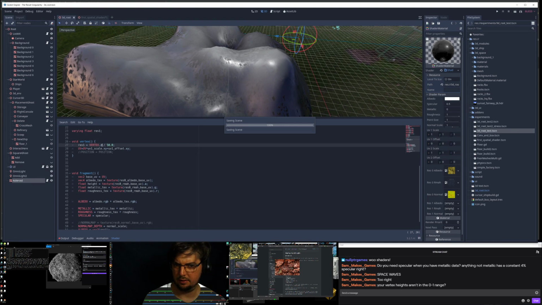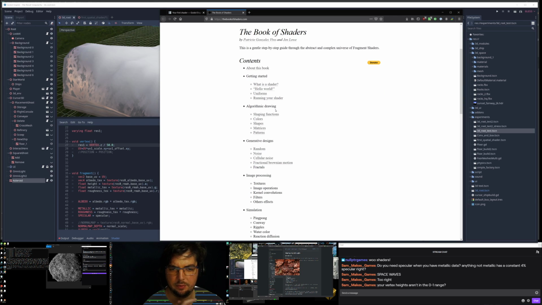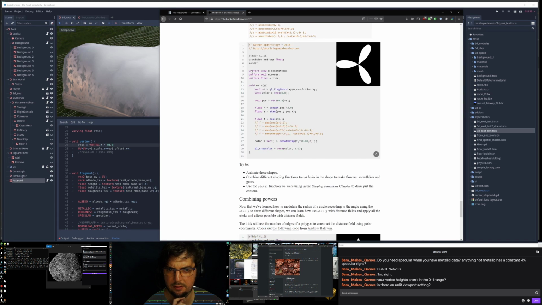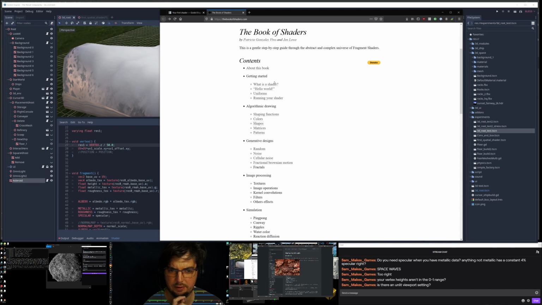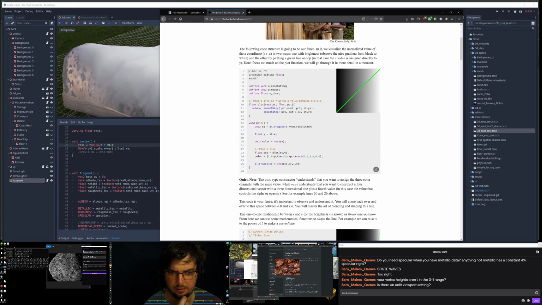Yeah, there's Z. Anyway, so the point of the Book of Shaders was that here around shapes, I think, nope, not even that far, it was mentioning a function that drew a line, and this line function uses this thing called smoothstep, and so the smoothstep lets you choose